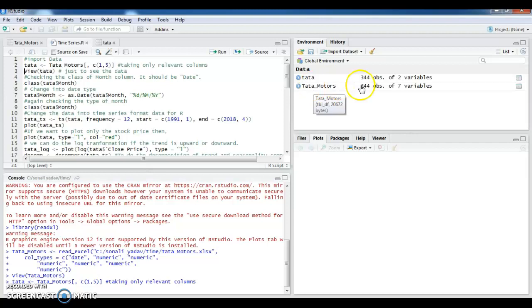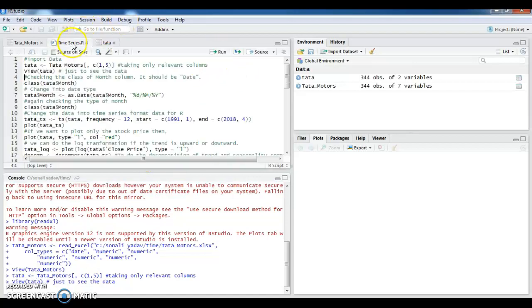Now within this set of two variables, we need to assign a date function to the month column, as well as we need to convert it into a form which R reads as time series data. Only then we'll be in a position to run the autoregressive integrated moving average method here, right? So one by one we run our scripts, which we have already done, and just to check the class of Tata month. Okay, so you write class. I want to check the class of the month column which is there in the object Tata, right?